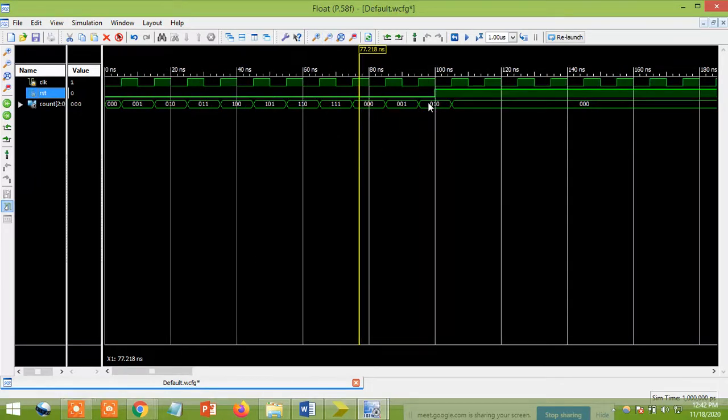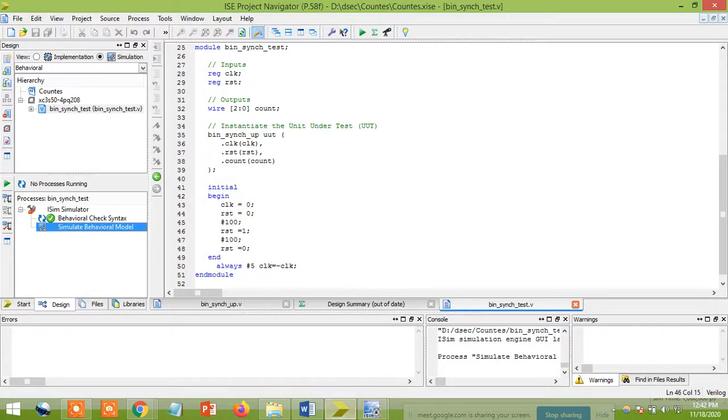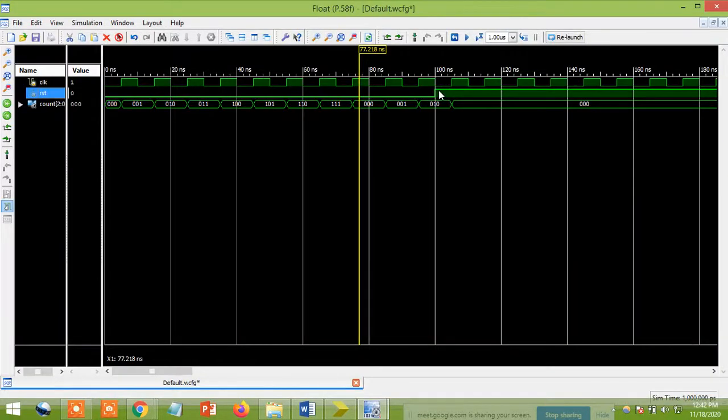Okay, waveform. See, somewhere the reset value is 1. Carefully you observe here. What I'm doing is, after 100 nanoseconds, I'm making my reset value 1. That is my test bench program, right? You wrote here: initially clock is equal to 0, reset is equal to 0. After 100 nanoseconds, you're making reset equal to 1. In the waveform, reset is equal to 1, but still my outputs are not changing because it is a synchronous counter. It totally depends upon your clock signal.